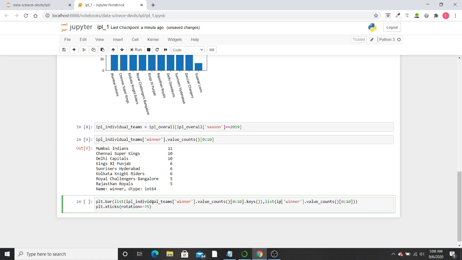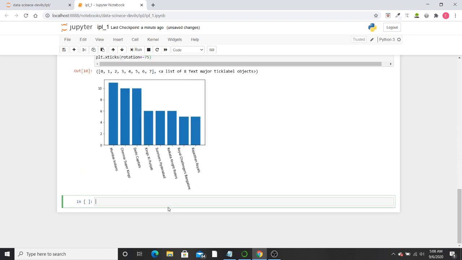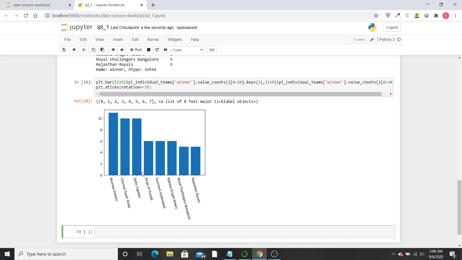Here also we have to change. Now let's plot it. So in 2019 also Mumbai Indians has won the most number of matches and CSK is in second place.